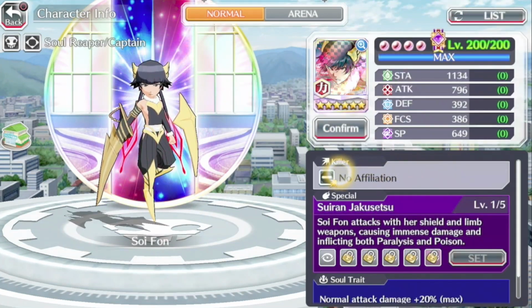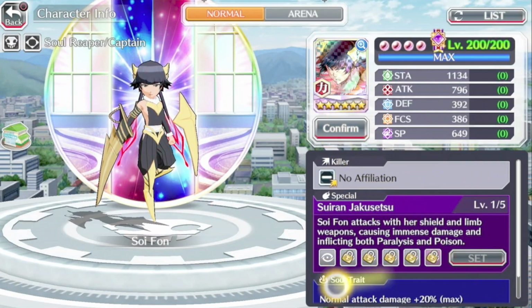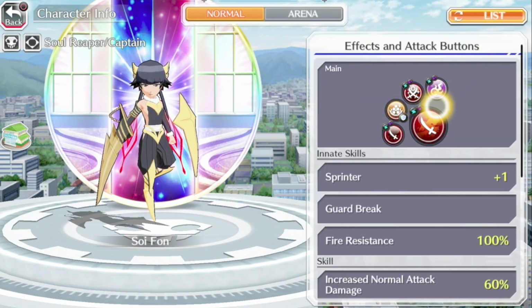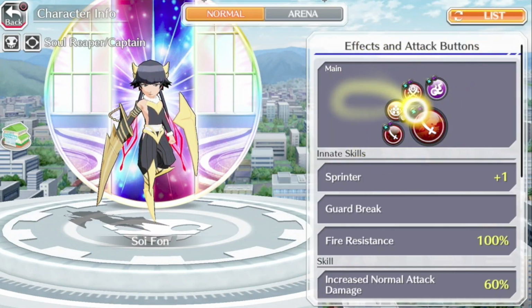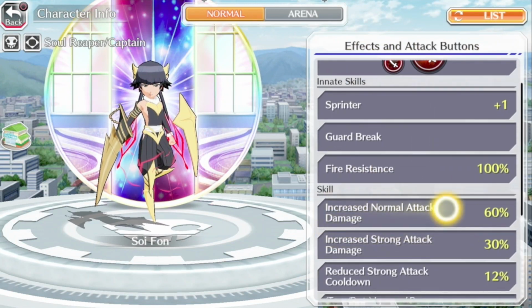And here's another character you can use, the Soifon. She has a normal tag damage 20% soul trait. Melee unit with paralysis and poison on all of her abilities except for her SA2. Guard break, fire resistance, 60% berserk,